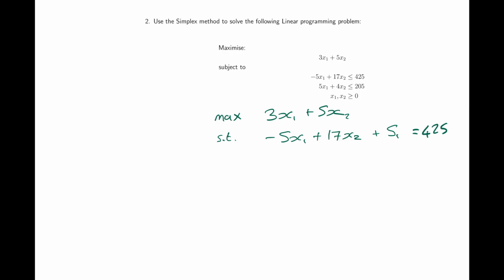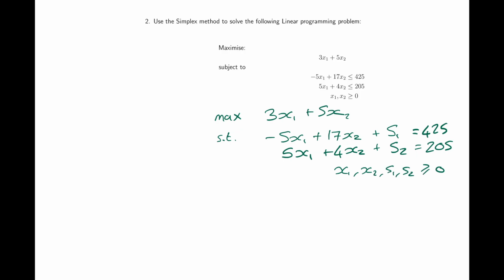Now our second constraint, 5x1 plus 4x2 plus our second slack variable s2 is equal to 205, where x1, x2, s1 and